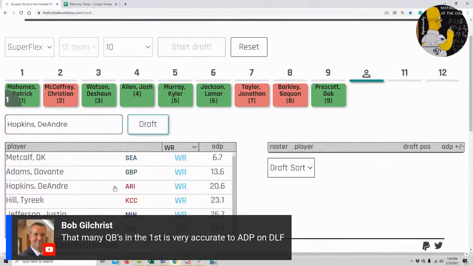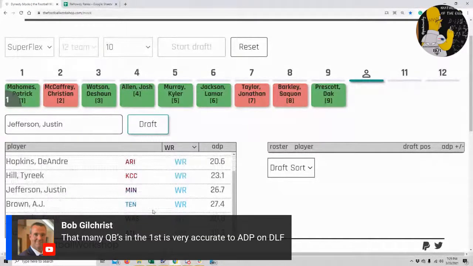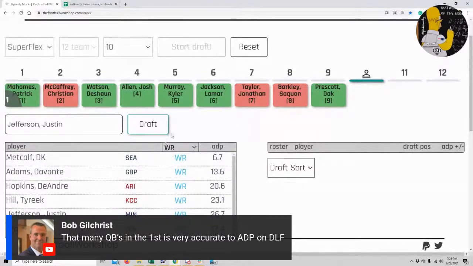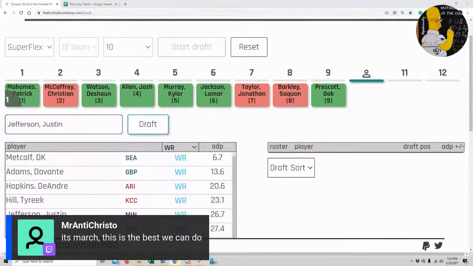I mean, I have no fear of them in 2021, whereas with Metcalf and the Seahawks, I have concerns. And Justin Jefferson and the Juju curse, literally the Juju curse at this point. There's still concerns that Jefferson couldn't produce, and you can get some of these young wide receivers who were productive last year later as well. This is a problem with wide receiver. The highest value wide receivers, it's tough to really separate them out. So I'll pick if you just want me to, but I was wondering what your thoughts were. It's March. This is the best we can do.